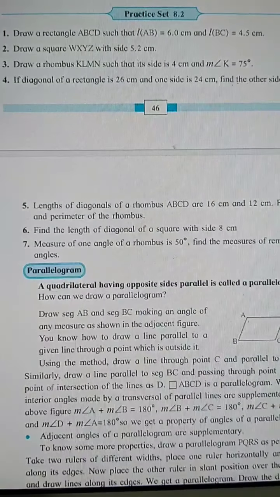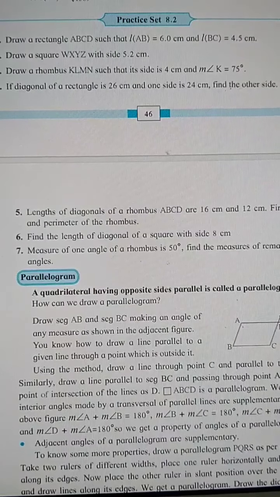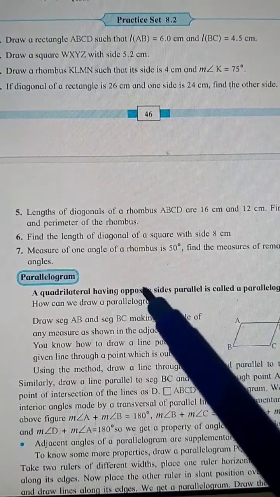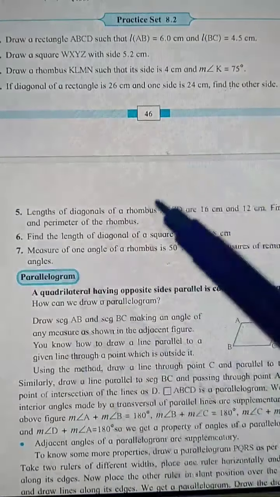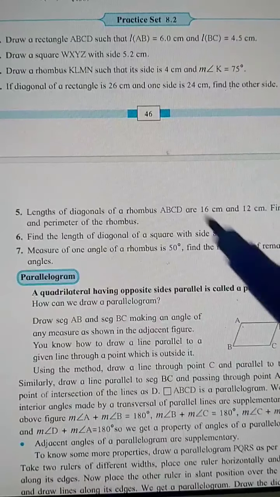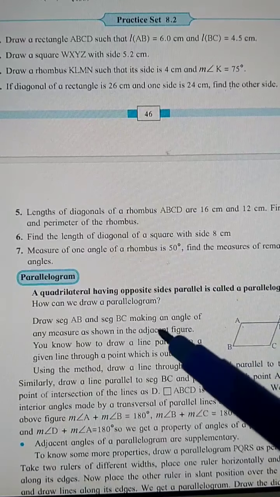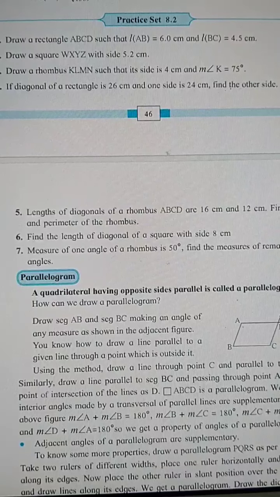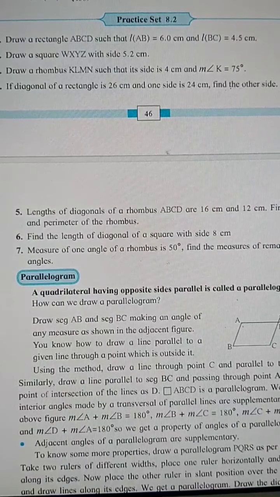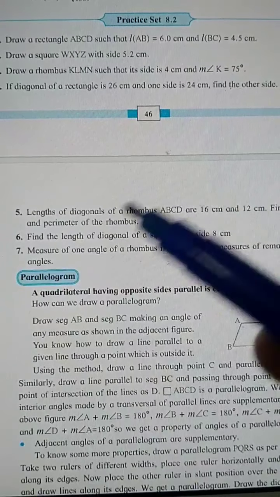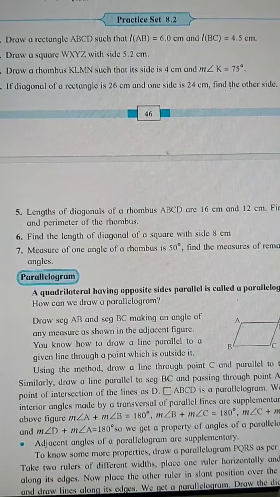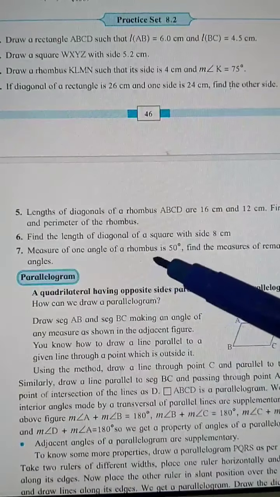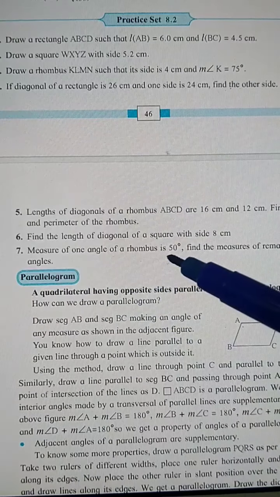Okay, in a rhombus, recollect the properties. Opposite angles in a rhombus are congruent. Okay, and you remember, one pair of opposite angles are acute angle, other pair of opposite angles are obtuse angle. Okay, remember we have done this type of figure in the last part, that is part 1. Okay, so let us draw a rhombus and show one angle as 50 degree.